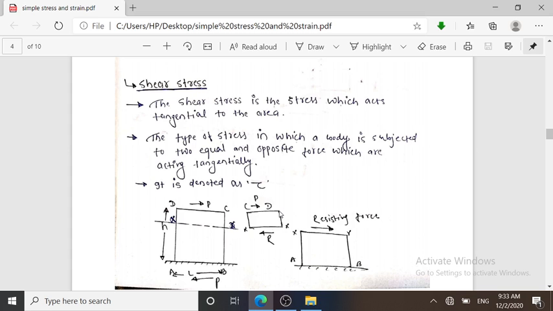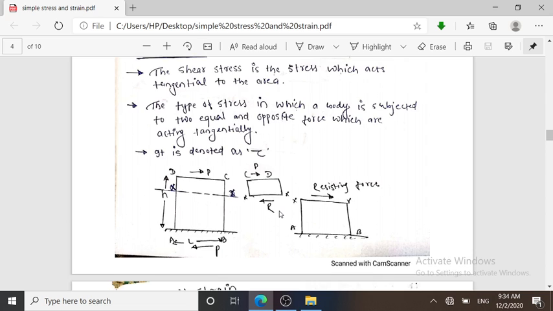So painting, chewing food under the teeth, brushing, tearing paper with scissors are all examples of shear stress. While we are running, the foot on the surface of the road must apply a tangential force. These are all shear stress. In our day-to-day life, shear stress is the most familiar and most seen type of stress. Everywhere we confront shear stress. So shear stress is nothing but the type of stress which acts tangentially to the surface.